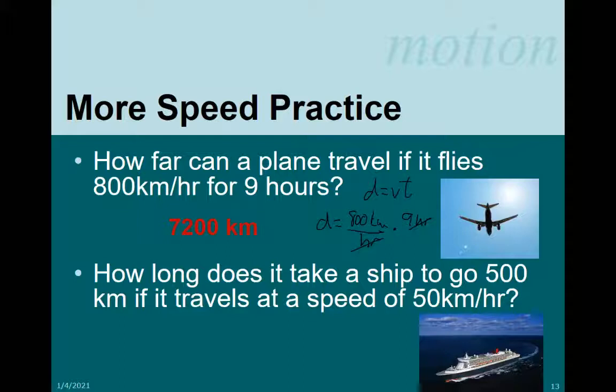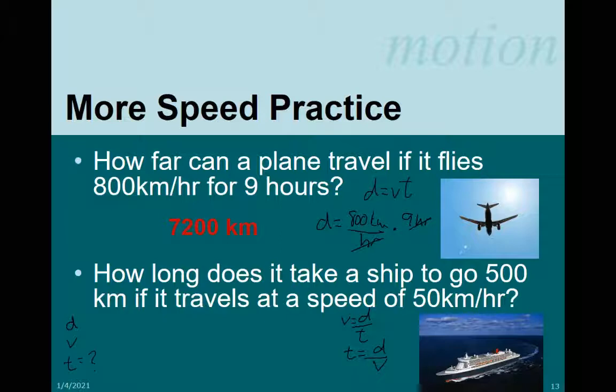Okay. Now, for the second one, it's a little different setup, but it's the same basic idea. So down here, we're looking at how long. So this is looking for time. When we look at this, we can take our original equation, v equals d over t, but in this case, we're trying to solve for time. So we're going to use t equals d over v. Okay. So we know that we have over here